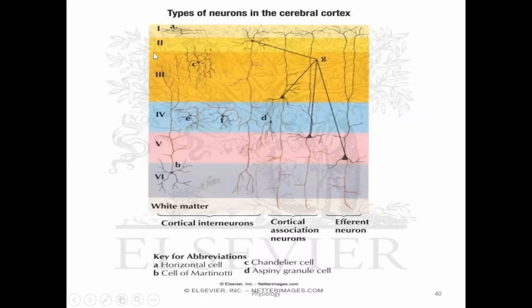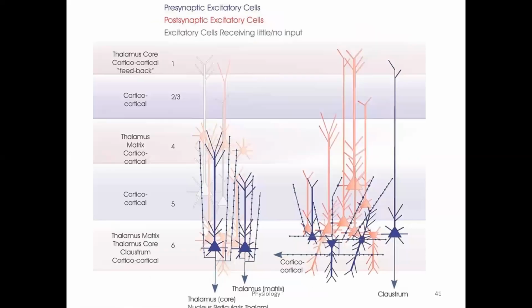So these are the different neurons which are present in both sensory cortex and motor cortex, starting from layer number 1 to layer number 6. Layer number 5 and 6 are mainly for the efferent connections, the efferent neurons, basket cells, pyramidal cells. While layers 1, 2, 3 are mainly the cortical connections, and layer number 4 is mainly for the afferent signals from the different receptors. So these are the different layers present in the cerebral cortex.